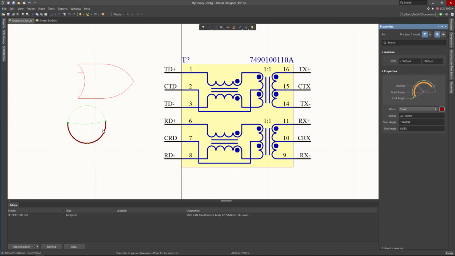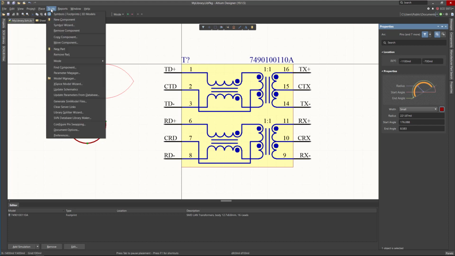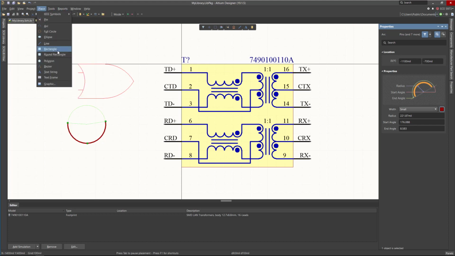So now you can change the color and you can change the radius, start angle, end angle, and the location of that. So you have plenty of graphical representation tools you can use in here to make any symbol. So basically you have full circle, ellipse, you can create a line,